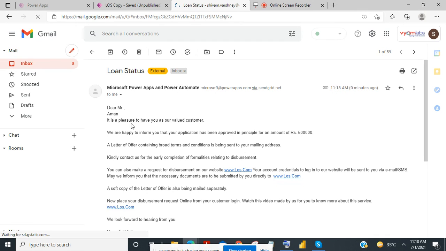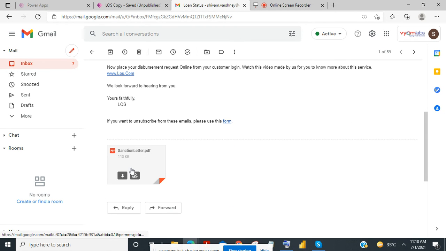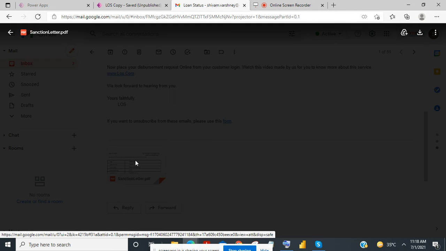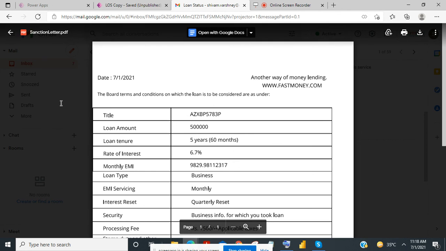Dear Mr. Aman, it's a pleasure to have you as our valued customer. We are happy to inform you that your application has been approved in principle for an amount of 5 lakhs. A letter of offer containing broad terms and conditions is being sent to your mailing address. This type of mail is received on your mail, and you can see here is the attachment for the sanction letter which we have attached there.